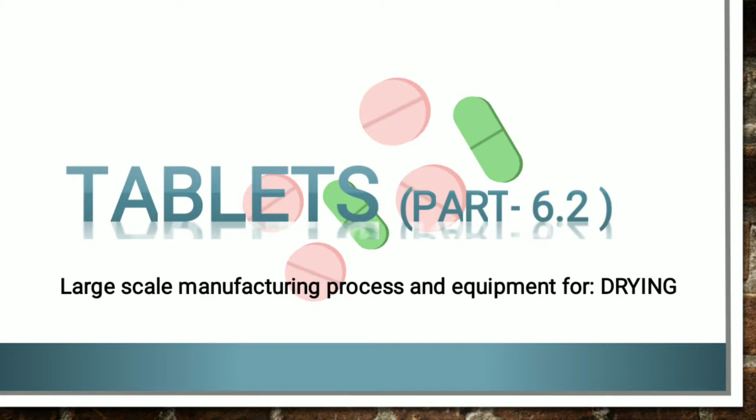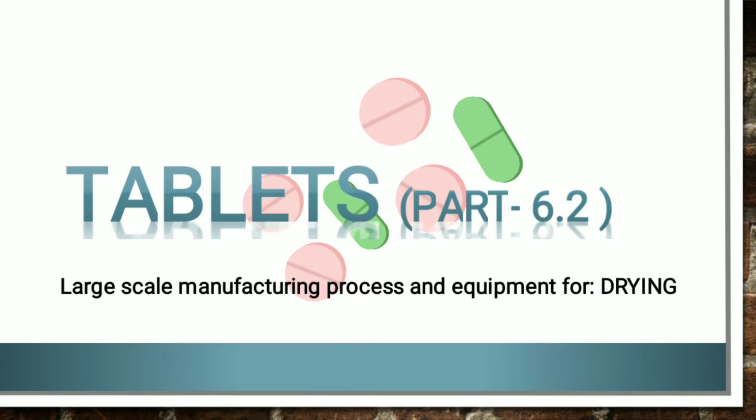So here let's talk about the dryers which are used for the purpose of drying of granules. So basically dryers can be classified on the basis of mode of heat transfer. Likewise it can be classified as convection dryer like that of your tray dryer, fluidized bed dryer, tunnel dryer, right? Then conduction dryers like that of vacuum dryer, freeze dryer, radiation heat dryer, that is IR dryer.